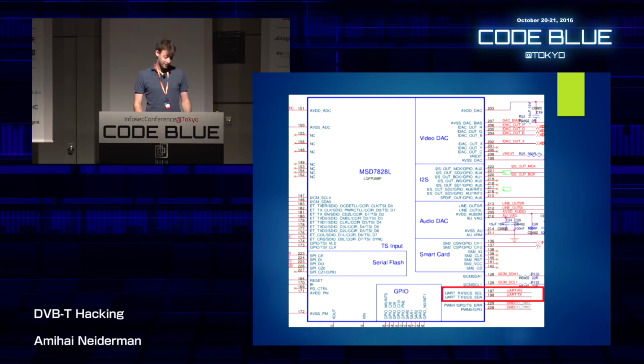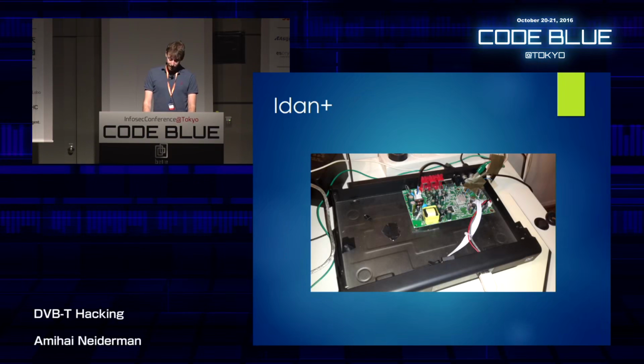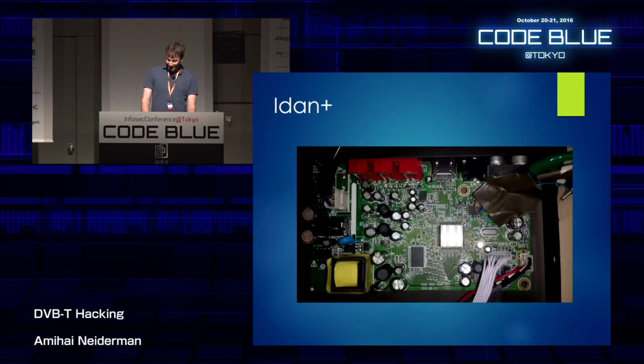So I want to get shell access, like I said, to dump the firmware. So I'll open the case, and you can see right away that the circuit board doesn't take much of the space inside the box. They could make it like 3 times smaller and much cheaper. So all of this space is just wasted space. And if we take a closer look, then